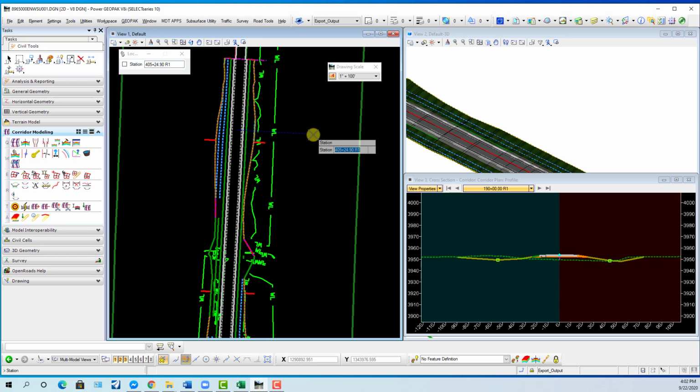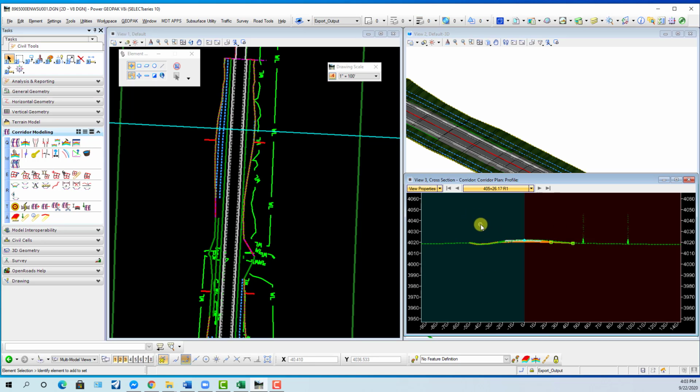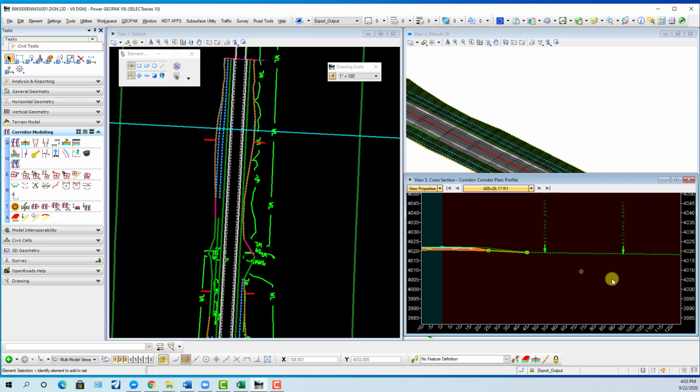and when you do that you're going to get this dynamic dashed line running perpendicular to the alignment and the corridor, and it's allowing you to either data point in the view to select a location, or you could just key in the station if you know what the station range was. We're just going to data point because I can see the wetlands here, so I'm just going to left click, and then the dynamic cross-section viewer will move to that location, and we can see the wetland boundaries are displayed in the cross-section view. So now that we have displayed the wetlands in the dynamic cross-section viewer and they're displayed properly in the plan view,